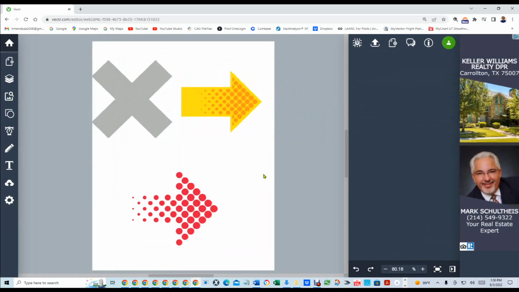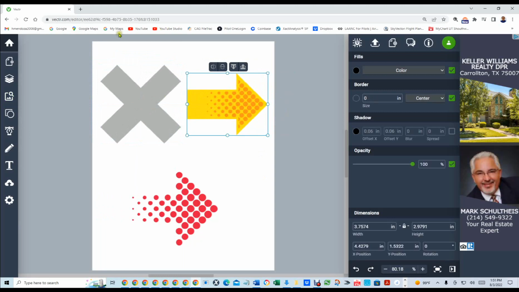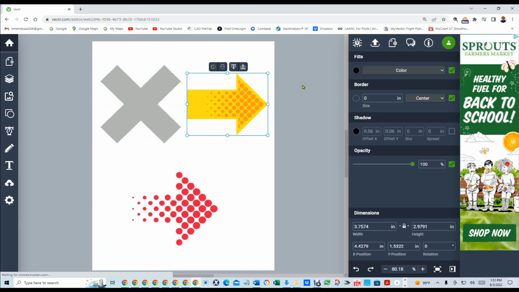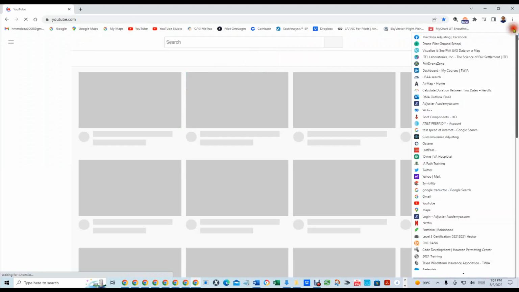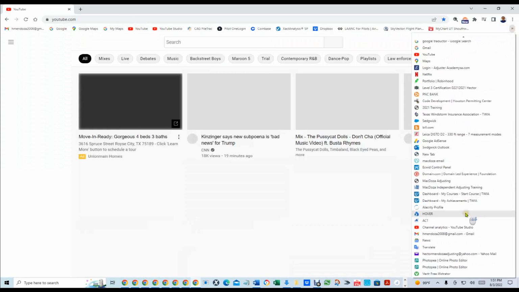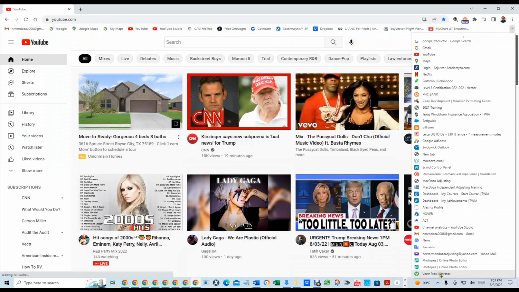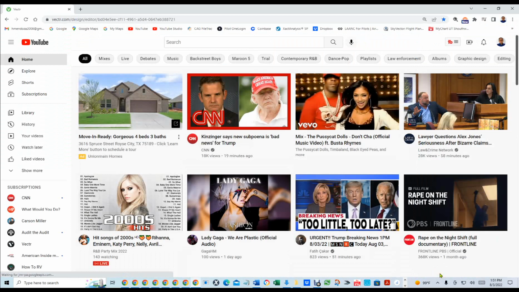At this point, if I just completely close off this website, right? So let's say I go to close it. Let's go to YouTube, and then we'll go back to that page. Now, if I go back to Vector, I didn't hit save. I didn't hit no commands, right? So if I go to Vector,